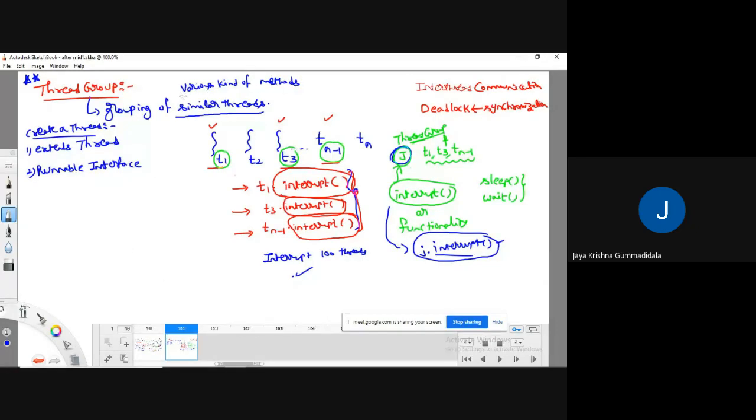For example, I have thread T1, thread T2, thread T3, and so on, thread TN. These are all made as one group. I made them as one thread group whose name is K.